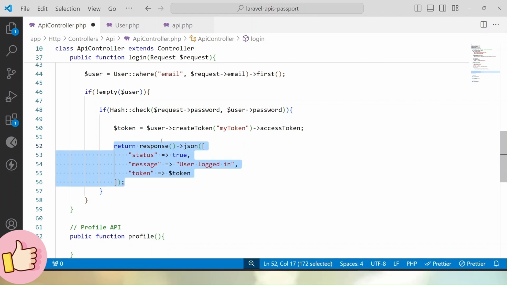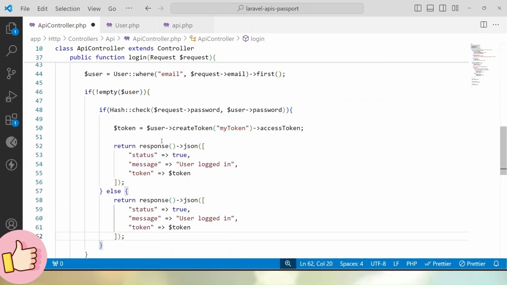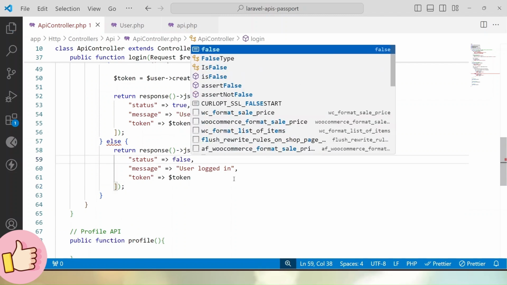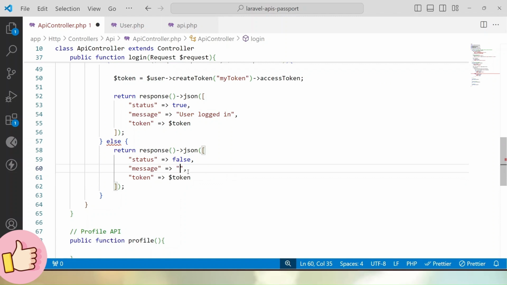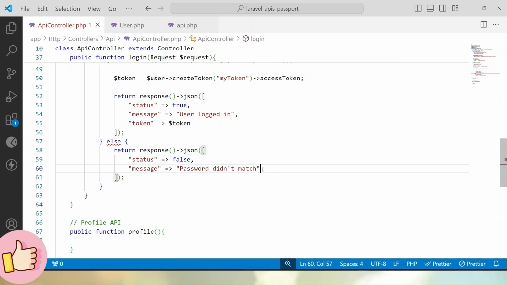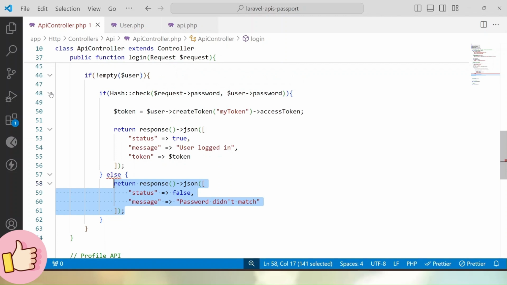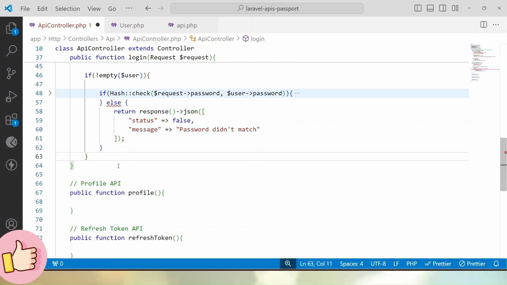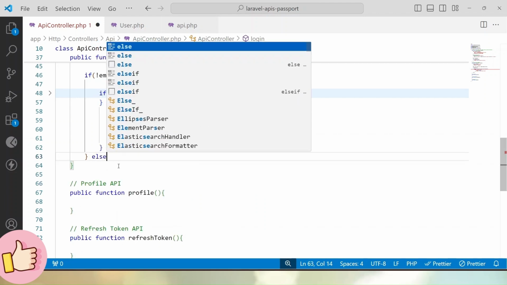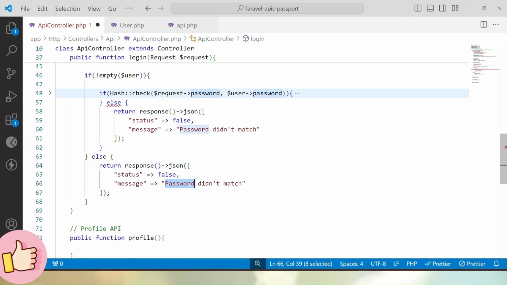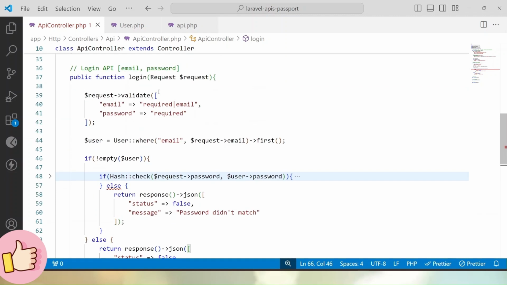Otherwise, if I copy this response, let's create an else block, and in this case status false, and let's say password didn't match, and also let's remove this token key. And if I copy, let's create one more else block for the parent block. If I close this if, here we have another else block, and in this case, email not found. If I save all these changes,